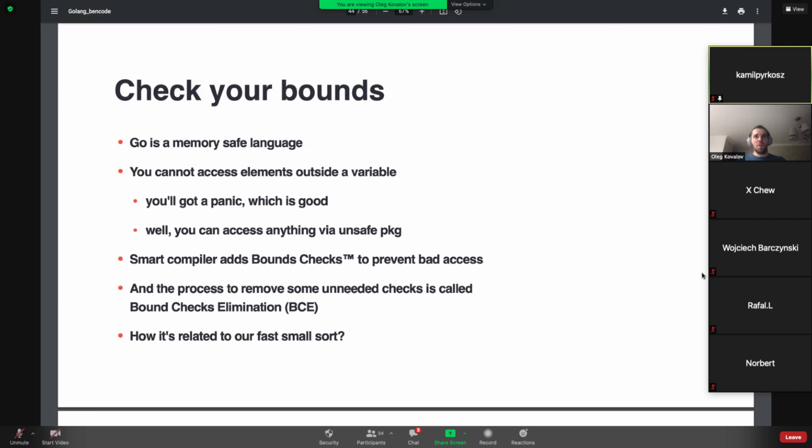Basically, you can access some arbitrary data with the unsafe package, but that's why it's called unsafe, and not everyone allows you to use it. I think AWS Lambda and Google Cloud App Engine don't give such abilities, so you cannot use unsafe at all. So basically, during compilation, there's a process called adding bounds checks, adding checks that will check your bounds during